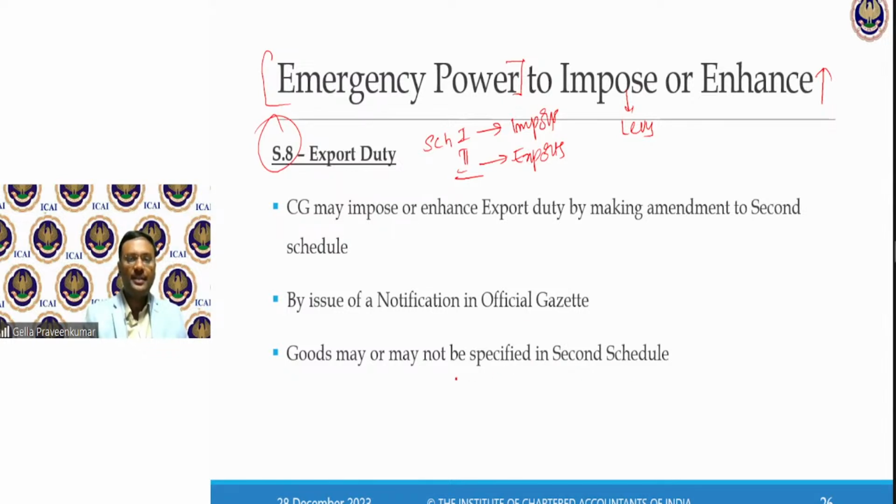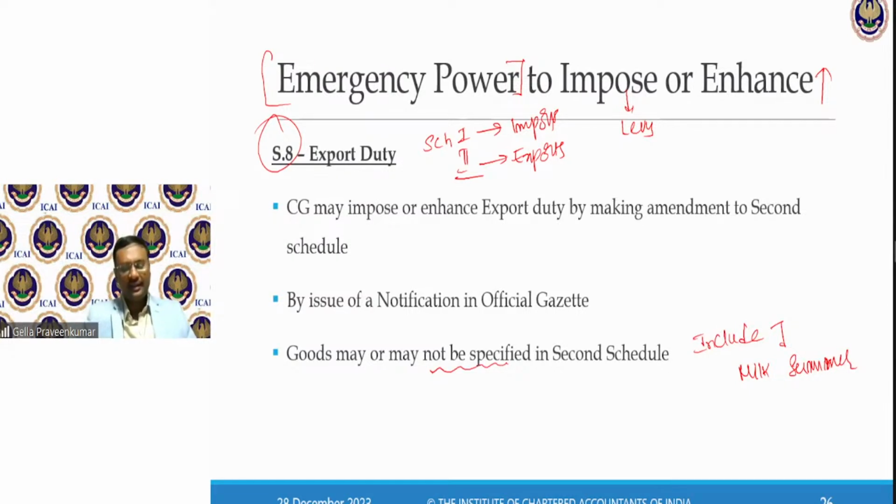So if the goods are not specified, even then the central government has the power under Section 8 to include certain items. For example, milk. During summer, there is a shortage of milk production. It is a common phenomenon. In summer, you will have extreme heat and water scarcity, so the crop yield may not be there.